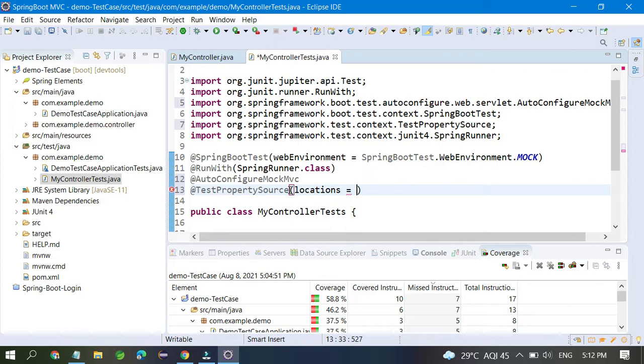If your file is application.properties, you give properties. So here you have to give double quote classpath, colon, application, dot, not yml, properties.